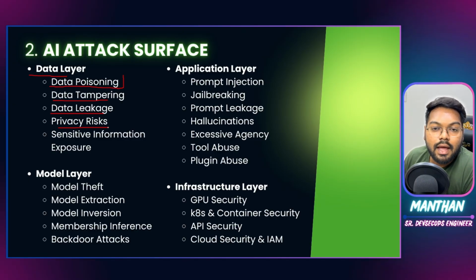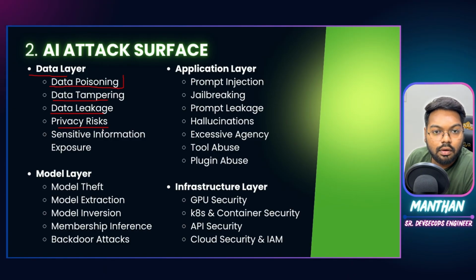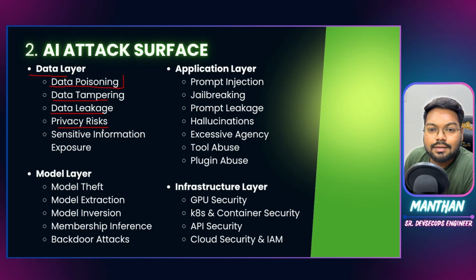So if anyone has all of this, they could simply mask your data or clone your phone number and UPI ID and then manage your bank account on their phones. So that is the kind of privacy risk, and that happens due to sensitive information exposure. So these are the type of attack surfaces someone would like to have on the data security, on the data layer.